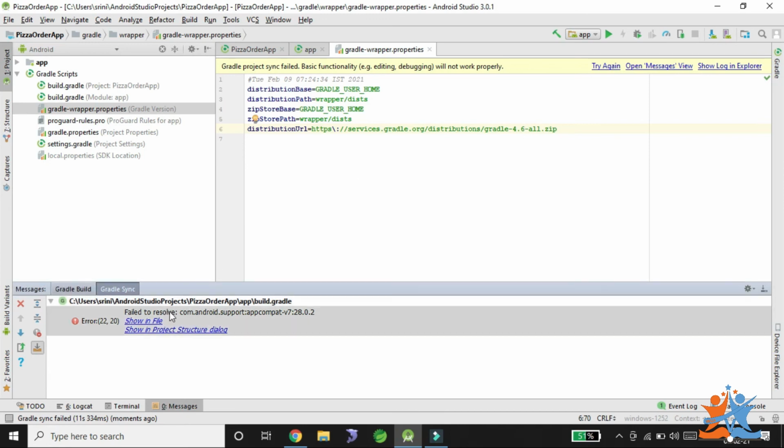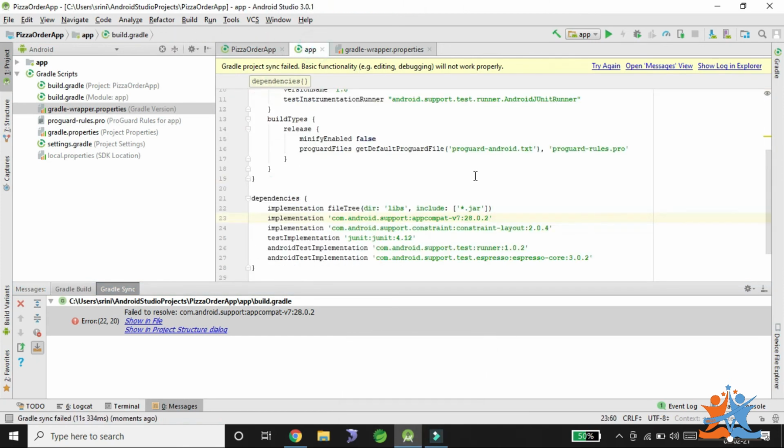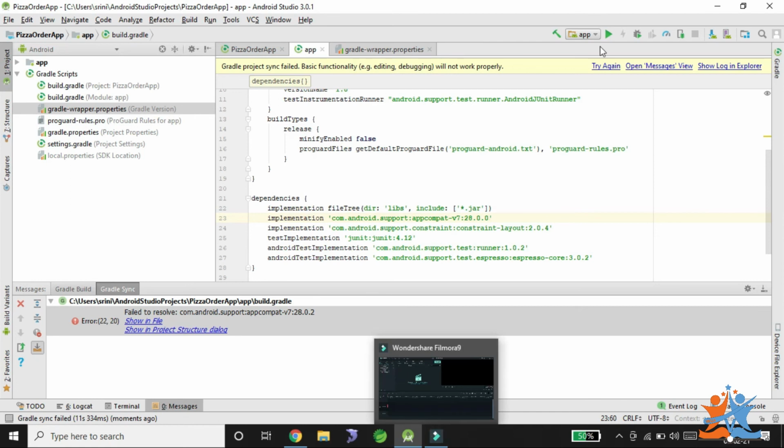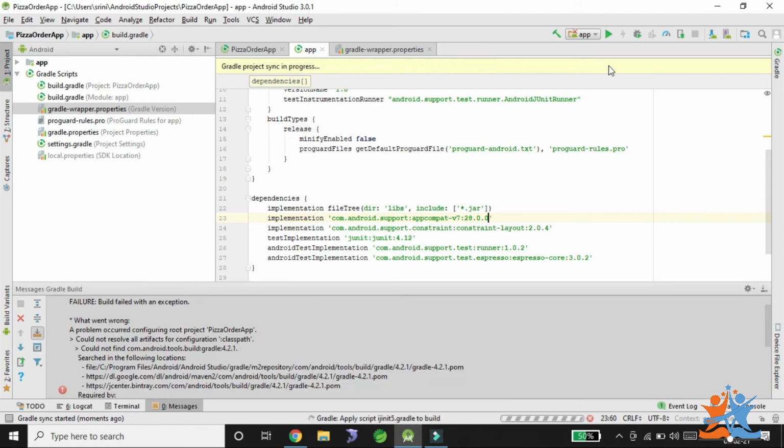Here we have: failed to resolve com.android.support:appcompat 28.0.2. Here we need to change that to appcompat-v7, and change it to 28.0.0. Then we need to set the minimum SDK levels.